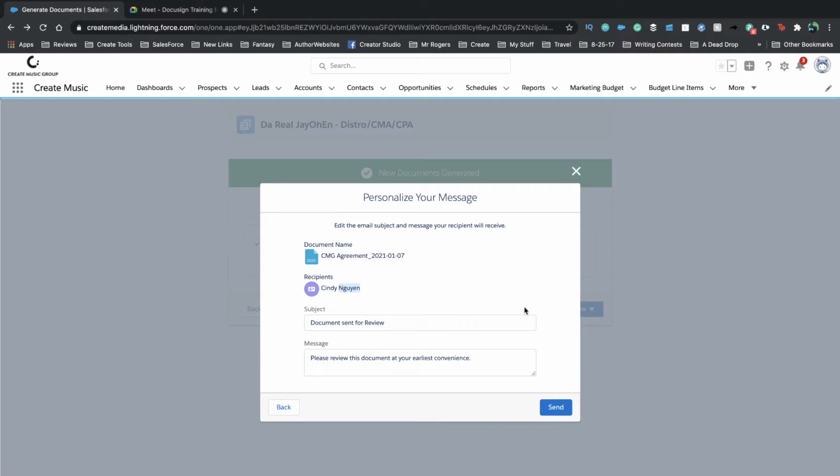And when they send it, it will actually come back into Salesforce via Docusign. Docusign will compare the document you prepared against their red line and then show you what red lines there were. Now, this is important for a couple of reasons. Number one, we'd like to think everybody's honest and that they put track changes on and that we can track all the changes. But even if they're not, Docusign will find every single difference between the original document and what